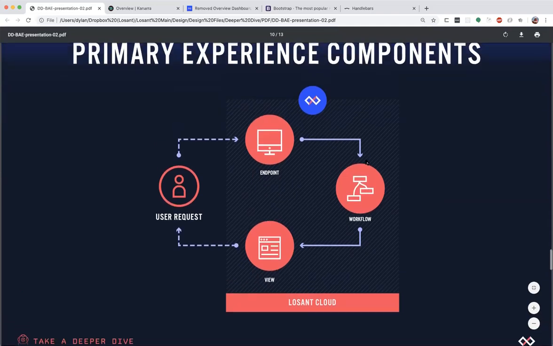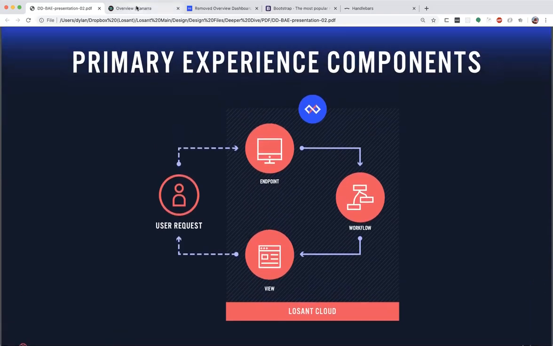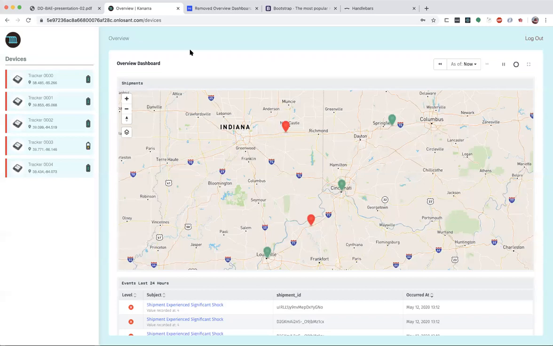So what are we going to build today? What you see right here is an out-of-the-box version of our asset tracker template. I did a webinar on this template specifically a few weeks ago. You can create your own version of this template very easily inside of your Losant account. Just go to application or losant.com and create a new application, and you'll find it inside of there.